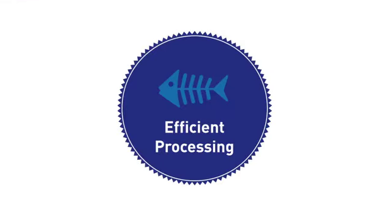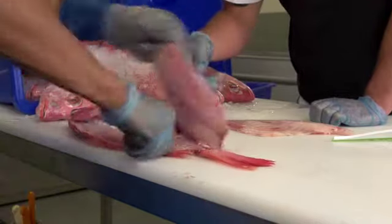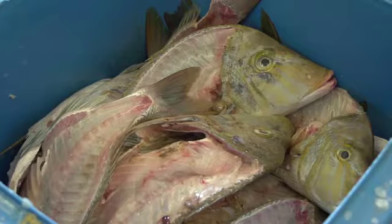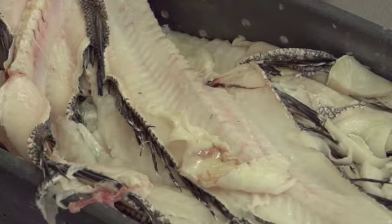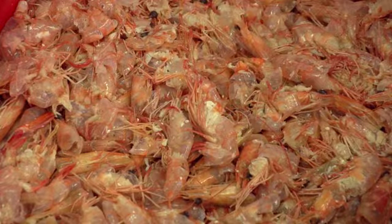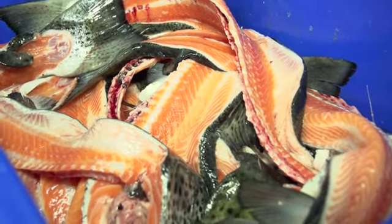Efficient processing. Efficient processing can enable maximal use of raw material, thus contributing to increased economic profitability. For example, you can use wings and heads to make fish stock. Also, a new processing approach can produce mincemeat from the fish frames, and the remainder can be sold as animal feed or fertilizer. This approach results in practically no unused waste or off-cut material,